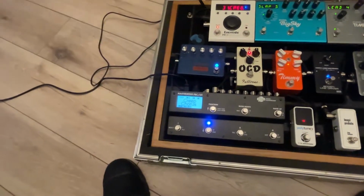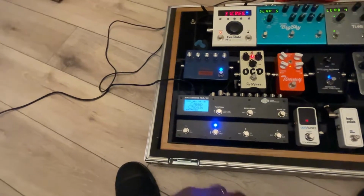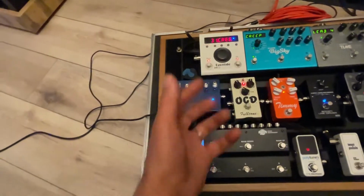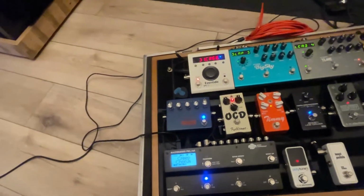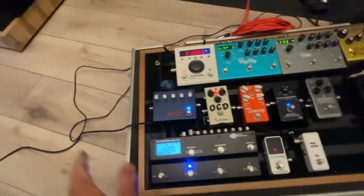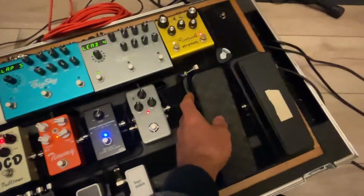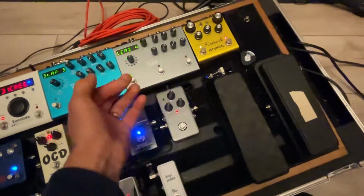So that's all that. Now, how does it effectively work? When I go to the verse, I got that going. Get to the chorus, press this guy. Then I have my big sound, right? Start shredding it up. As I'm going with that chorus, I can add delays. And then when I end on these,